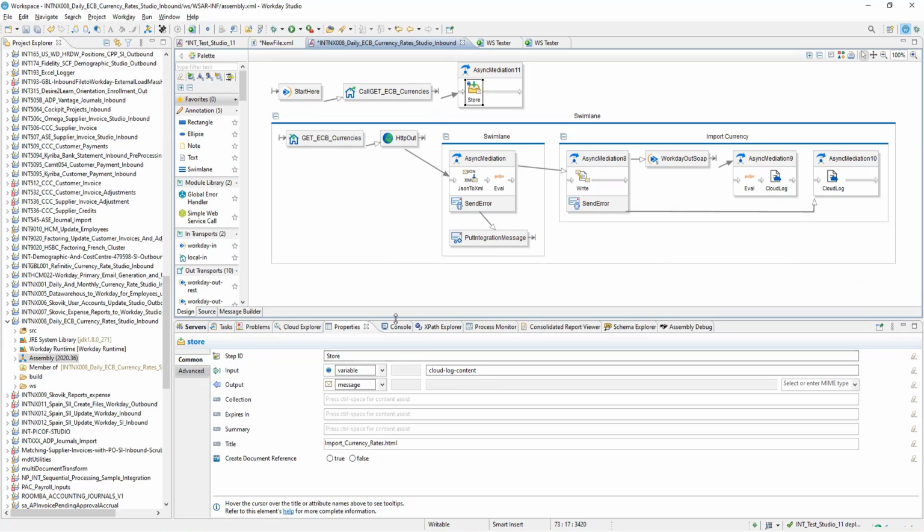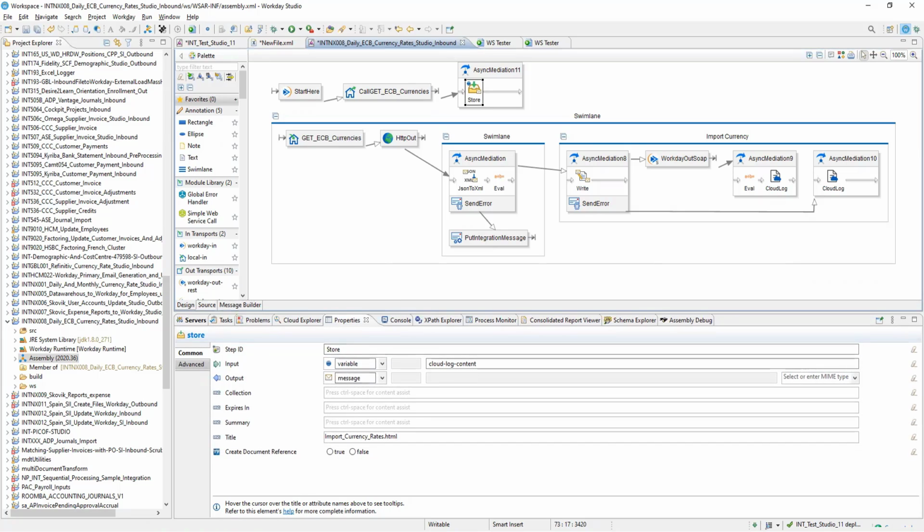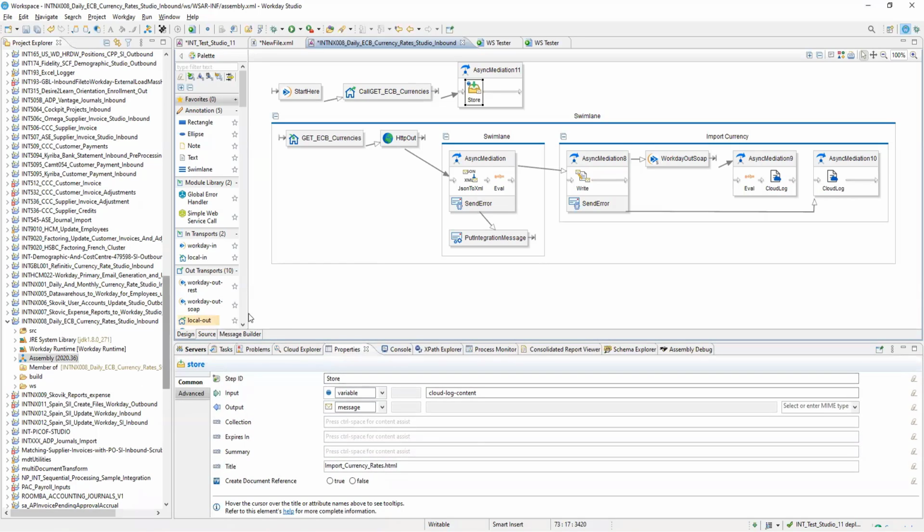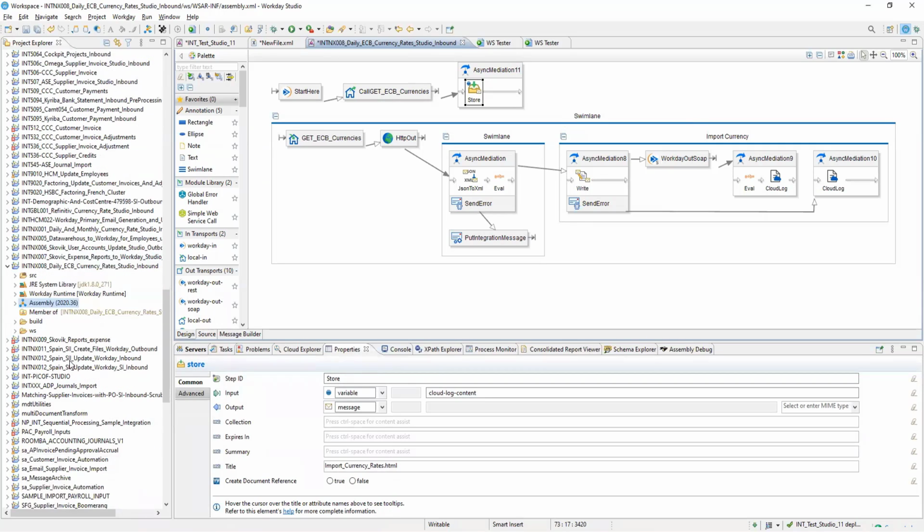Okay, sure. Yep. Okay, fine. So this is one use case. This is a very practical use case. Okay, now